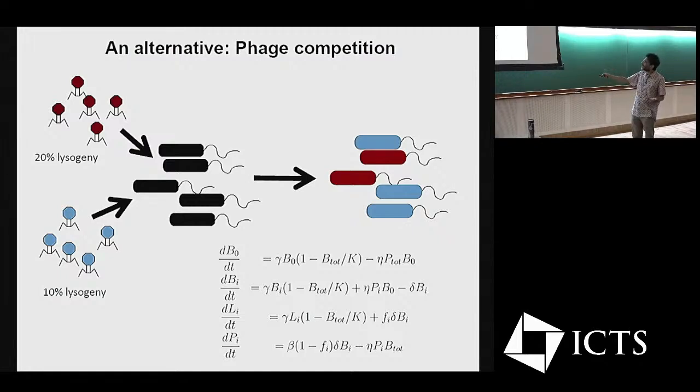infected bacteria. So this represents bacteria that are non-infected. This represents bacteria that are infected, which can basically make a decision between either going lysogenic, which will lead to lysogenic bacteria that can further grow and divide, or it leads to new bursts of phage that come in. I'm not going to go into the details because I just want to give you a flavor, but you can see how I can build a little population dynamics